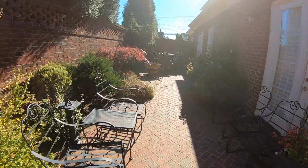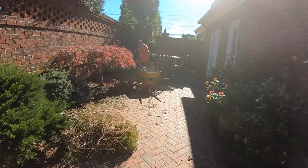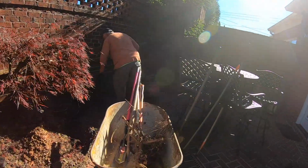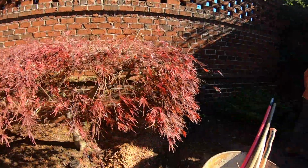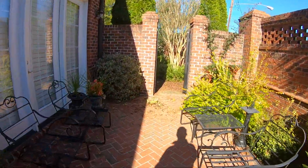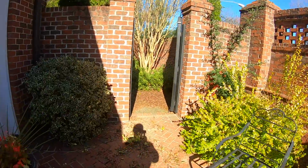We've got a wide assortment of hand tools in a trusty old wheelbarrow, so we're going to take it back old school. And we've got a really tight brick patio right here, a little courtyard, and we're going to be doing some removal